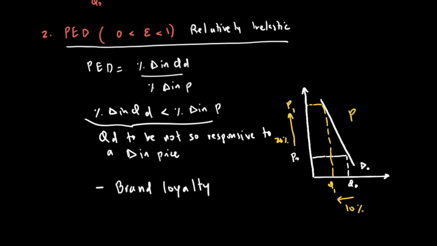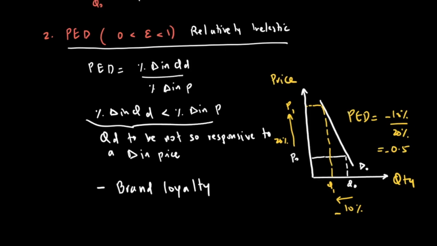So in this case, my PED would be minus 10% over 20%, or negative 0.5. Now this negative of course means there's an inverse relationship, but 0.5 means less than 1, which means inelastic, not so responsive. So this is the case for a good where